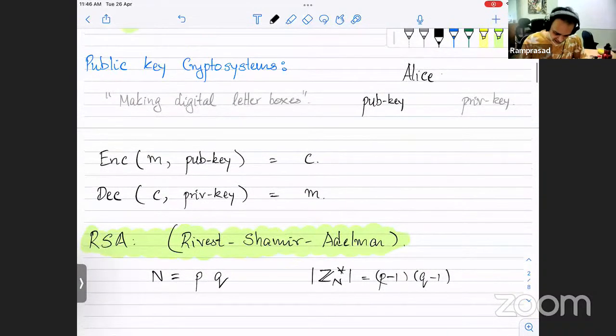Now the next thing that Alice does is Alice chooses a number E in the group Zn star. And the way this is going to happen is you just pick a random number, check if it is co-prime to N. Otherwise, if it's not co-prime to N, pick one more, and you keep doing this. Normally, this E is chosen to be 3 or something. Because this is a number in Zn star and Zn star is a group, there exists a number D such that E times D equals 1 mod